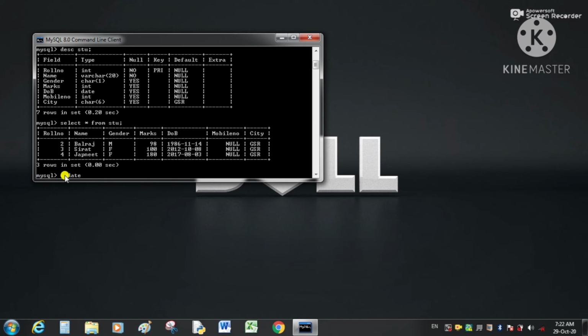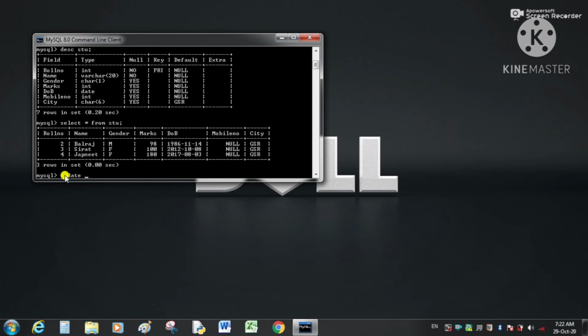To update the data of a column, we will use the update command with set and where clauses. Set is used to set the new value to a column, and where clause is used to filter the records within the table.